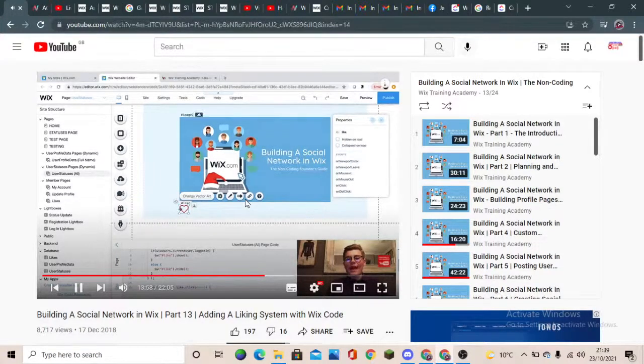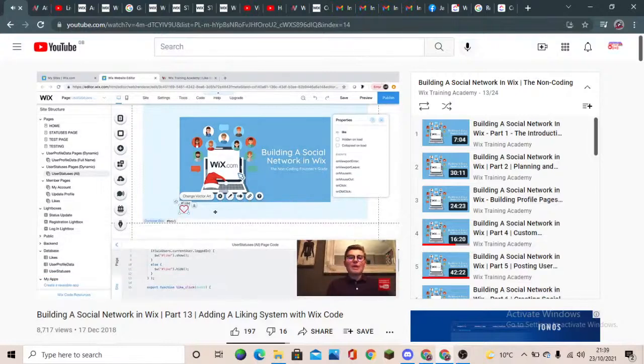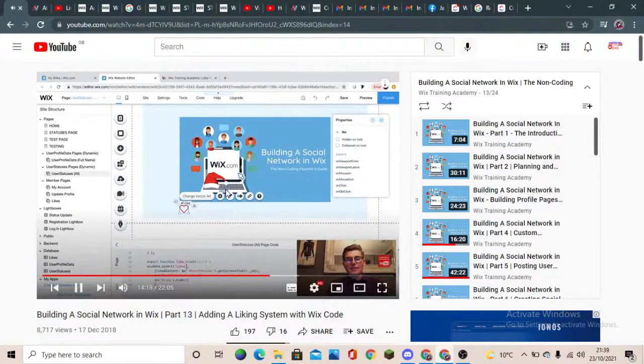They're going to see this. If they're not logged in, they're not going to see this liking option because the user has to be logged in in order to like content. So if they're not logged in, this heart is going to disappear. There's not going to be anything there. If they are logged in, they're going to see this heart and they're going to be able to click it. So the next step of this says